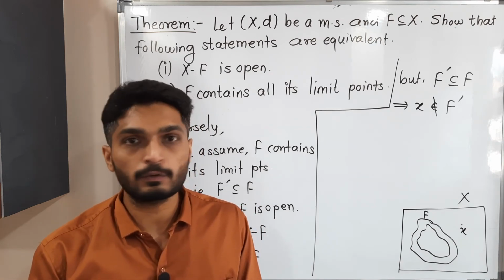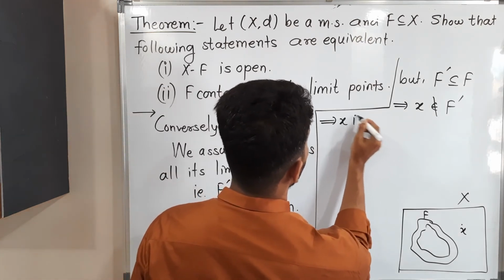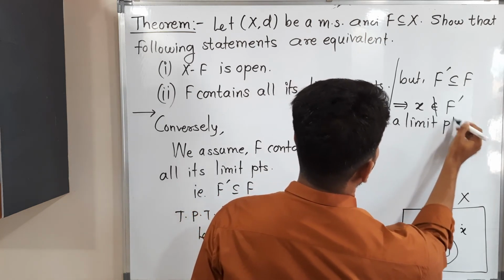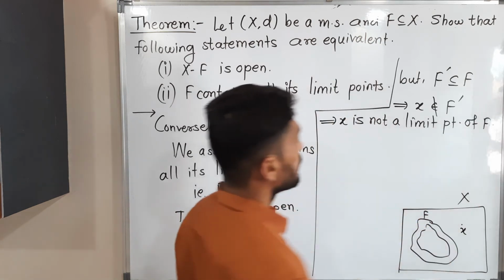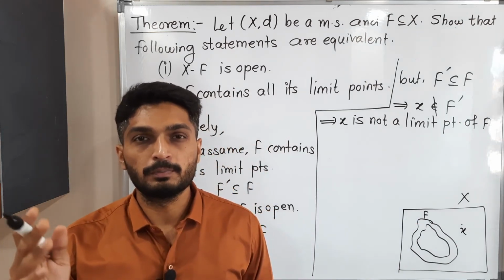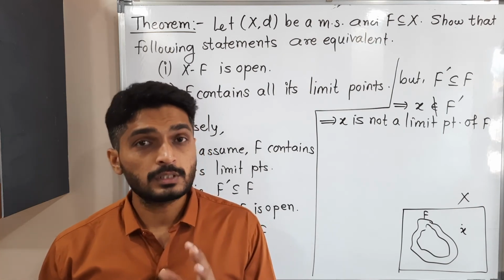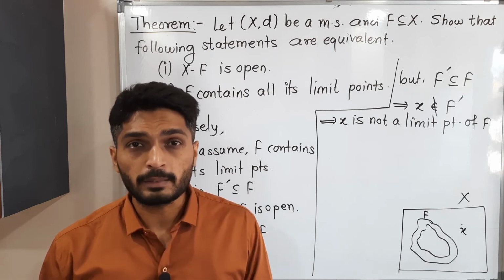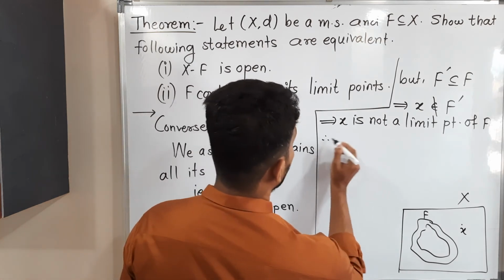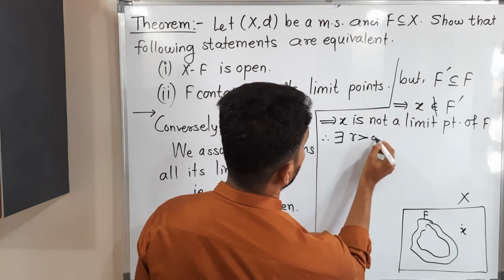Getting? F dash means what? Set of limit points of F. No. So x is not a member of F dash. That means x is not a limit point of F. So see, you are familiar with the definition of limit point. For every r greater than 0, B(x,r) minus singleton x intersection F is not equal to phi. Getting? So see, here it is not a limit point. That means exactly the opposite definition we need to write. So what am I supposed to write? So therefore, what we write for every r, now instead of that I will write there exists r greater than 0 such that